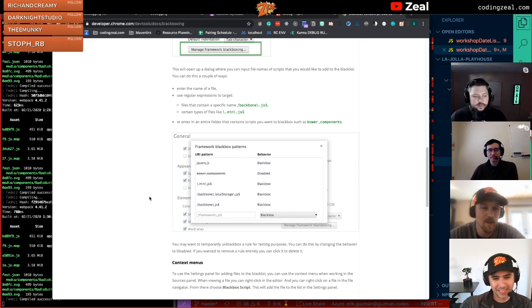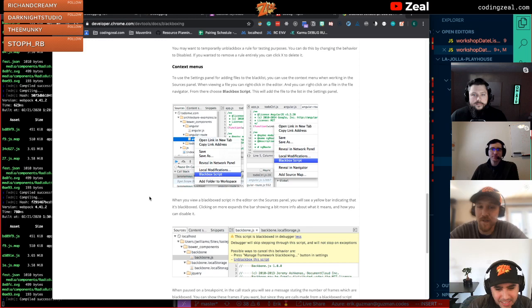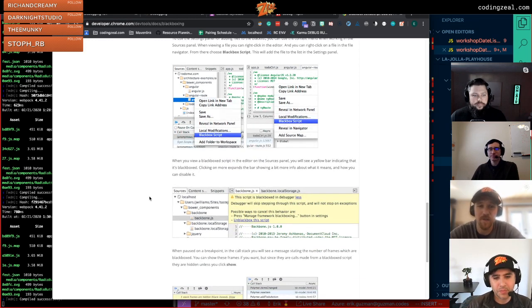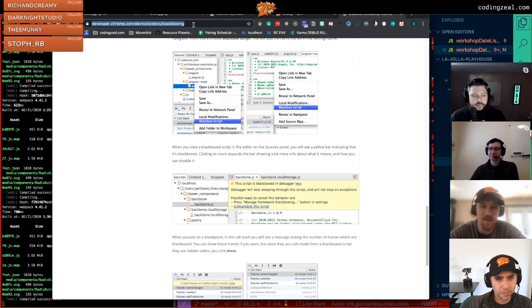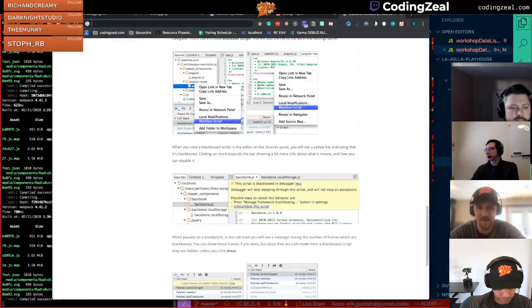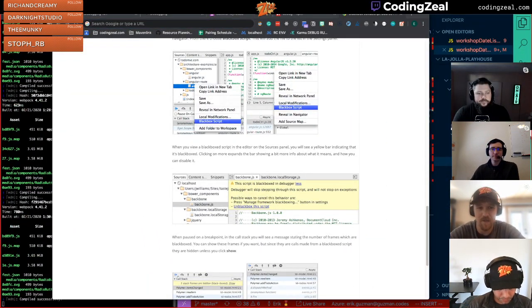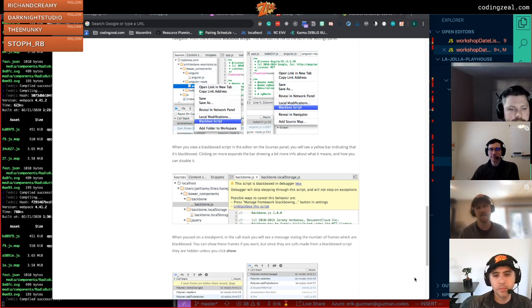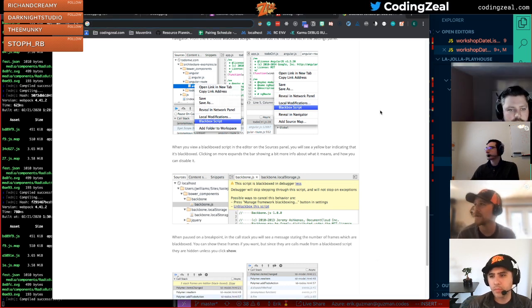Well, it's available in Chrome and Firefox. It's just good to know about. If you have a ton of JavaScript dependencies and you oftentimes end up stepping into those and you don't want to, you can black box those. And on that topic of debugging,